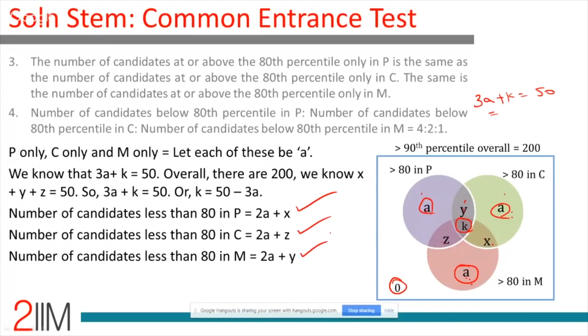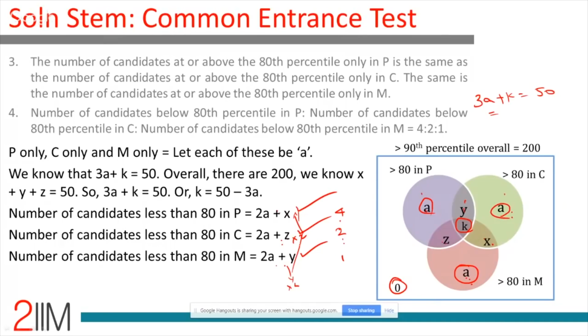Now comes a tricky part, wonderful part. This ratio is 4 is to 2 is to 1. We multiply this by 4 and this by 2 and this by 1. All three should be equal. This is 4 times of this. This is 2 times of this. This is 2x of this. And so, fabulous. And so, now it looks like we can solve this and go somewhere with this.